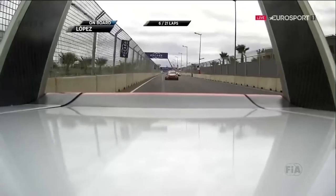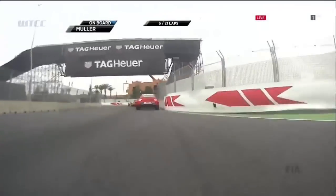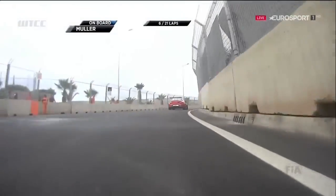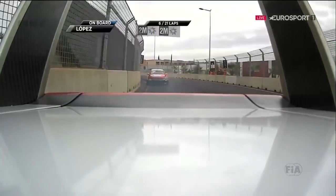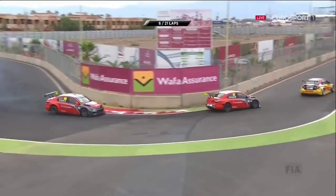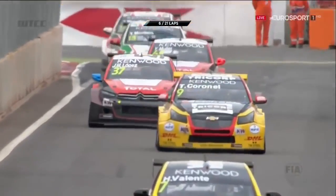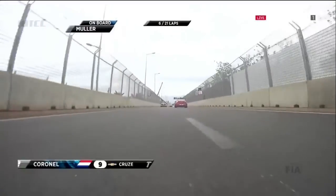I'm sure Chilton won't be asked to move out of the way or anything like that, because at the end of the day, they're independents and it's down to them. But well, Tom's only 7th in the Drivers' Championship, and Mehdi is 3rd. And in the teams in the Yokohama Trophy, they're 1st and 2nd. But again, Mehdi has got a 12-point advantage. Tom won't want to let him get by, because Tom's big deal is to try and win that WTCC Trophy this year. However,